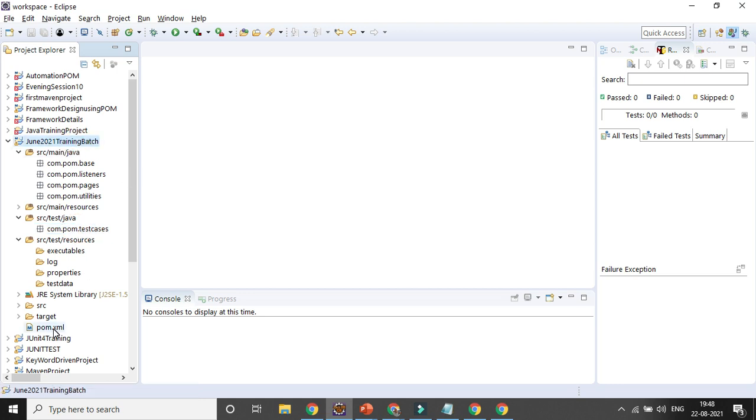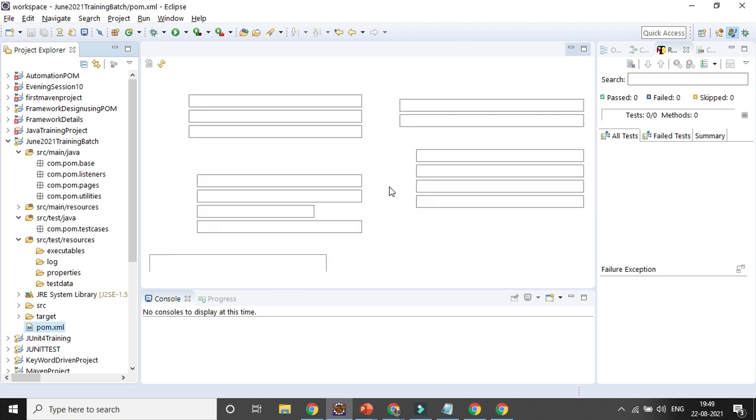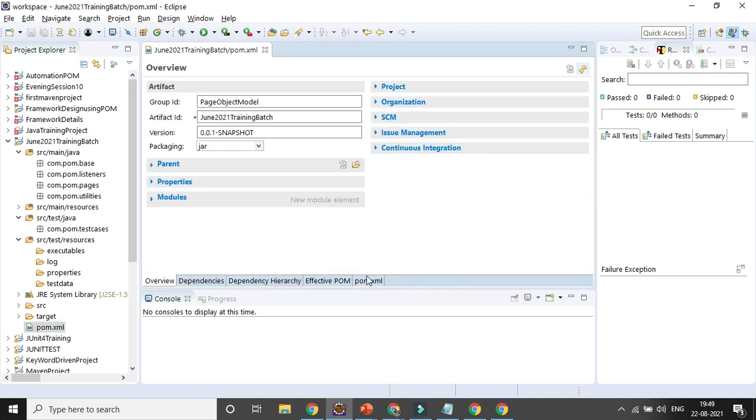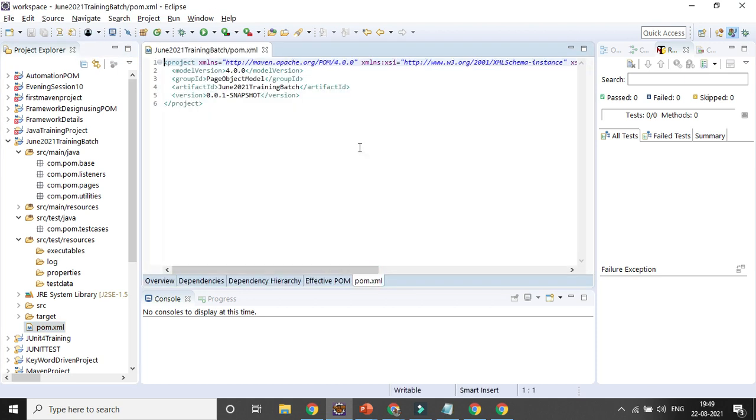Then you need to go to the pom.xml file. So first, today I will try to create a normal test case. If you want to deal with a normal test case, Java is already there in your project. So you need to add some dependencies, right? So what are the dependencies? You need to add the Selenium dependency, and you also need to add the TestNG dependency. So these are the two dependencies you add, right? So first in the project I will be adding two dependencies. First I will be adding the dependency tag.